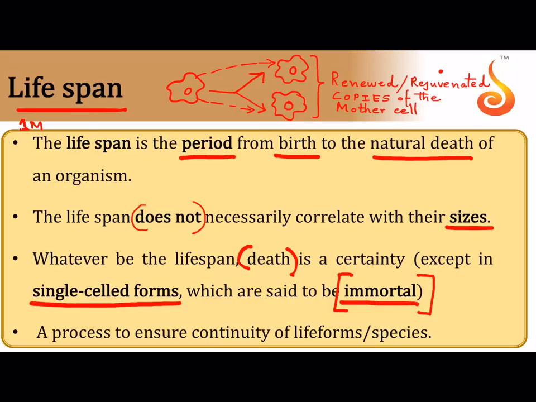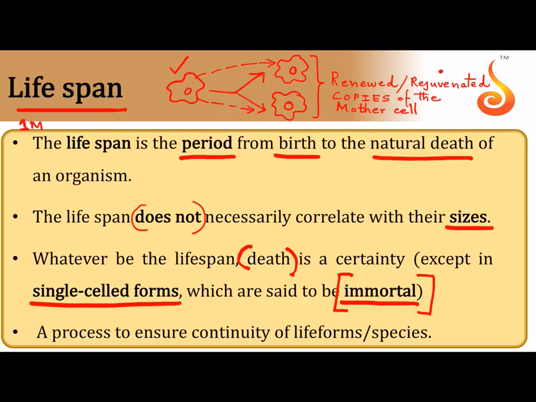Of course, they do have accidental death. For example, if this living cell is living in a pond and the pond dries up, then obviously it's going to die. Or say it's infected by a bacteria or a virus, then obviously it's going to die. But it does not have a natural death. Because it is constantly dividing into its daughter cells, it is living through its daughter cells.